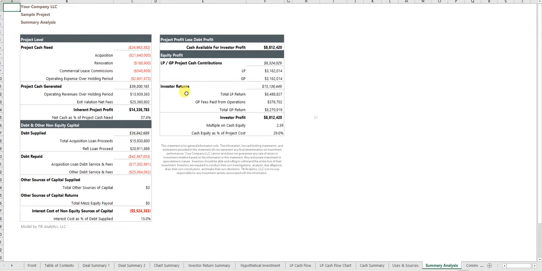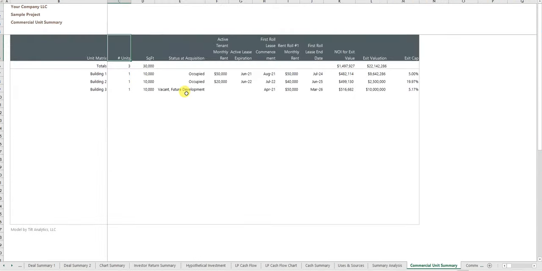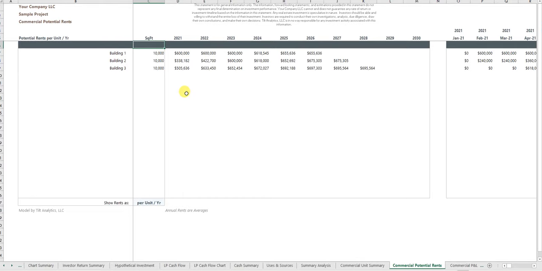This summary analysis is useful in the sense that the project inherently needs to throw off enough cash to adequately provide profit for the providers of debt and equity capital. That's what this sheet focuses on. You have a unit summary on the commercial side. You have a sheet showing